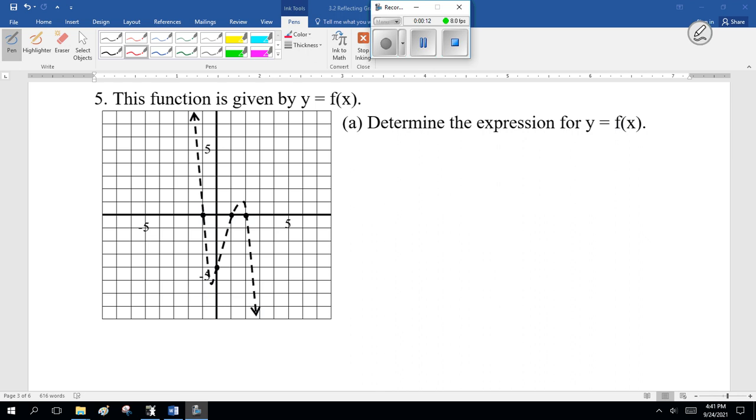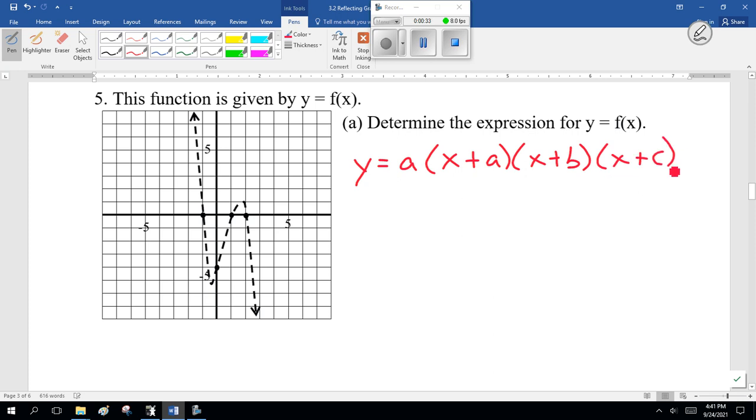Now, example question 5. This function is given by y equals f of x. Determine the expression for y equals f of x. Come up with the equation. We did that in Chapter 1, just a little review for you. So that's going to be what? Now it's a cubic, so it's x plus a times x plus b times x plus c, something like that. Now looking at this,